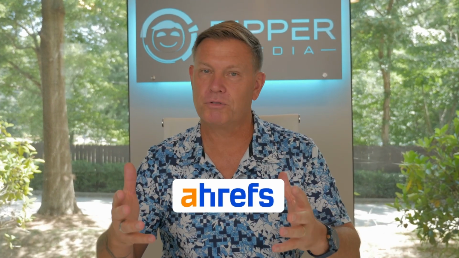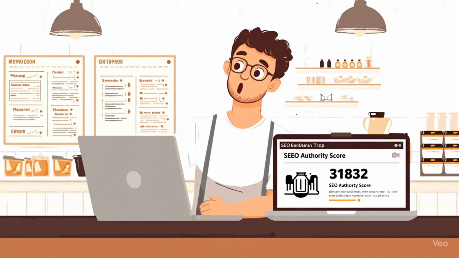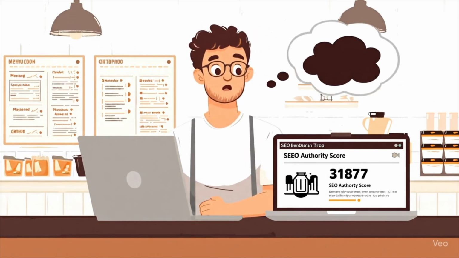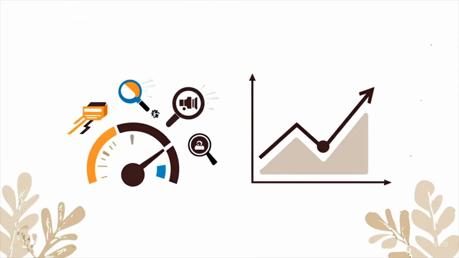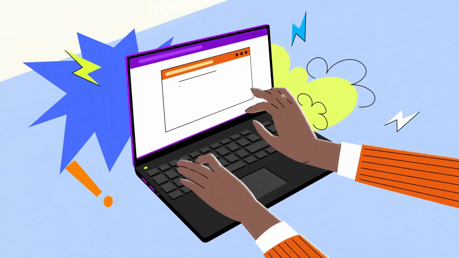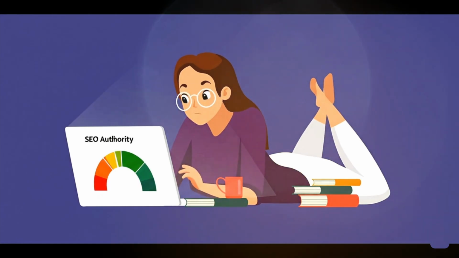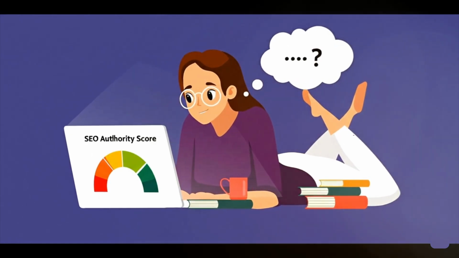That score we get from Ahrefs, which is an SEO tool. It scores sites from 0 to 100. 90% of all the sites that we see are in the 0 to 10 range. If you've been doing SEO, or if you're a really big brand site, you'll be more in the 70 plus range. That score is determined by, number one, the number of backlinks pointing to your website, and number two, the authority of those backlinks. Those two components ultimately determine your SEO authority score, or your domain rating.